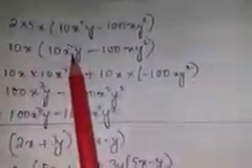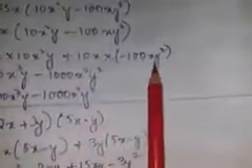Now come to the next sum, that is part M. Here also we will first multiply the terms given outside the bracket, means 2 into 5 means 10x, and with this 10x again we will have to individually multiply this 10x into 10x square y and 10x with minus 100xy square. So you are going to multiply like this.